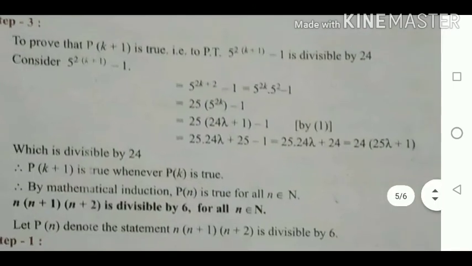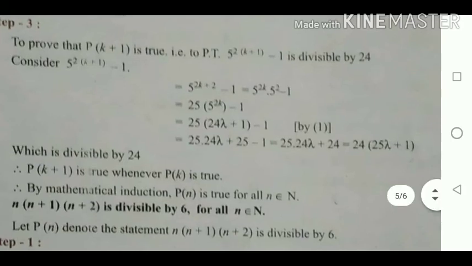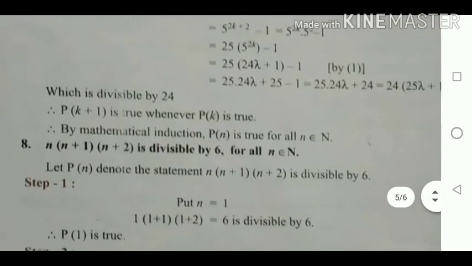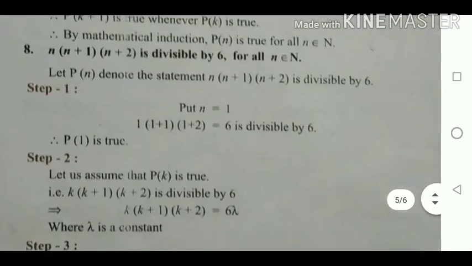Then 24 into 25 lambda plus 1, that is, 24 is taken as common. So it is a multiple of 24, which means it is divisible by 24. Therefore, P of k plus 1 is true whenever P of k is true. By mathematical induction, P of n is true for all n belongs to natural number. 8th question,